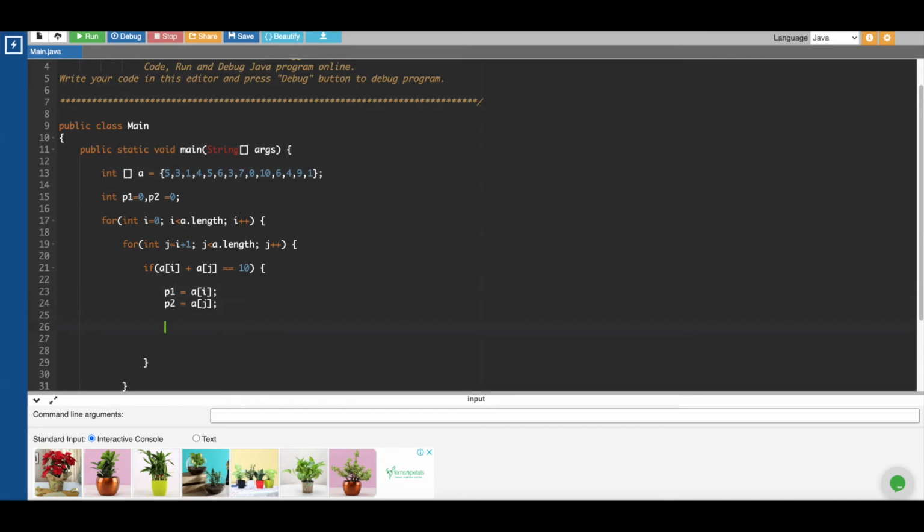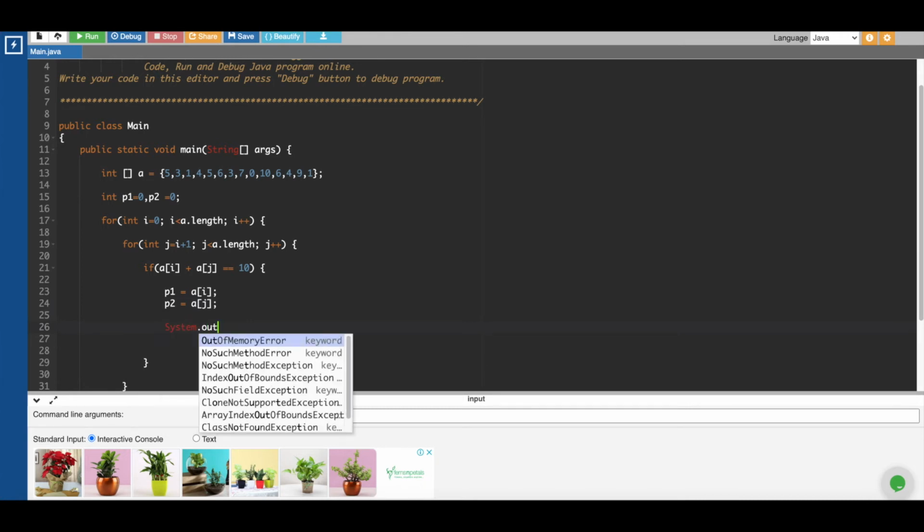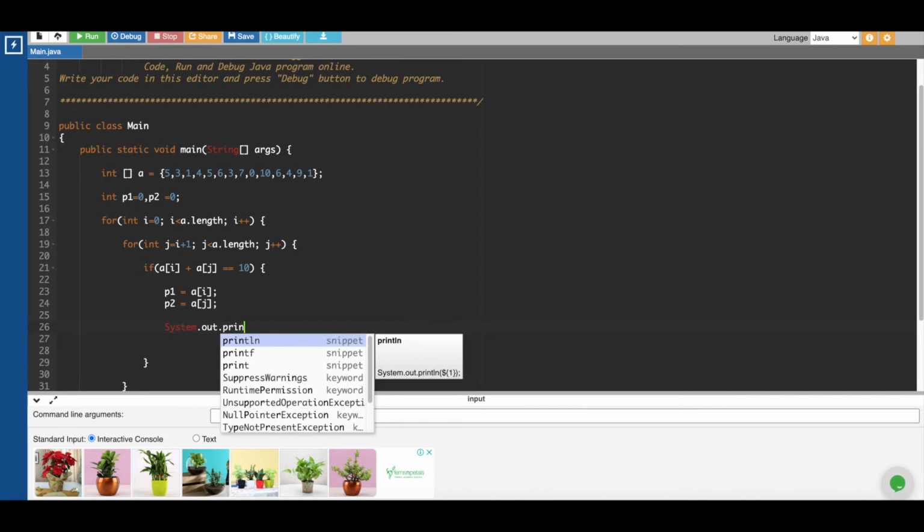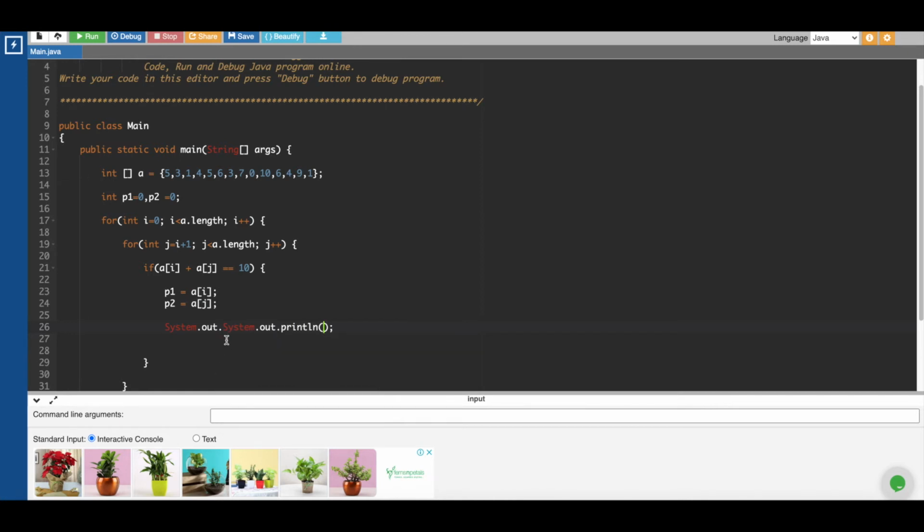So now I'll simply print this pair. Oops, okay, this happens to me every time in this compiler. Okay, so we'll print the pairs.